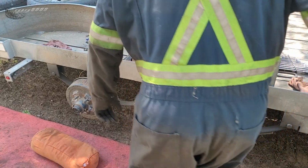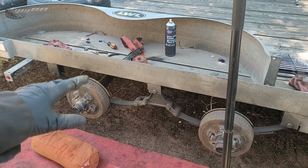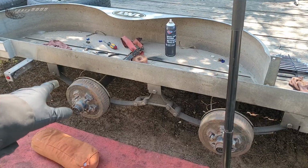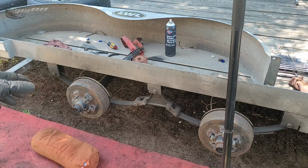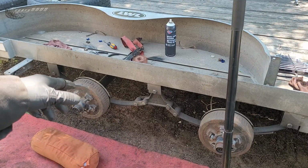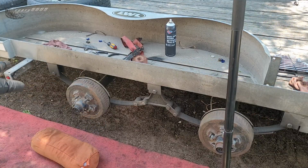Oh, that breeze is fantastic. Because these are underslung axles, I can't just unbolt the U-bolts and drop the axle, because they're on top of the springs. So what I'm going to do is put my jack underneath the axle to support it, take the bolts of the spring out,